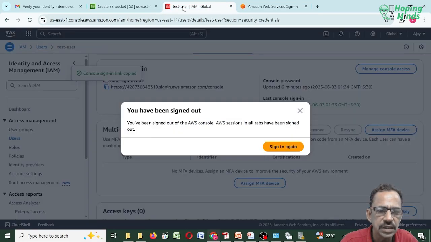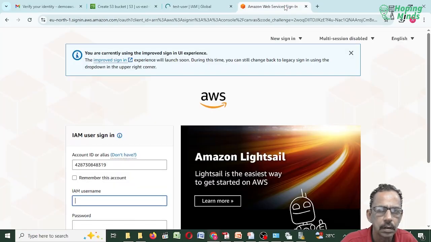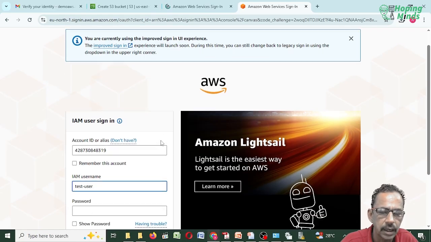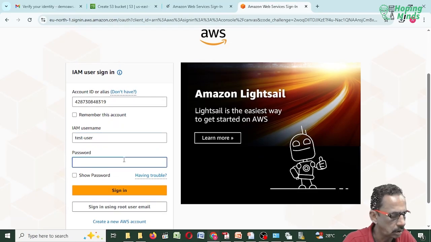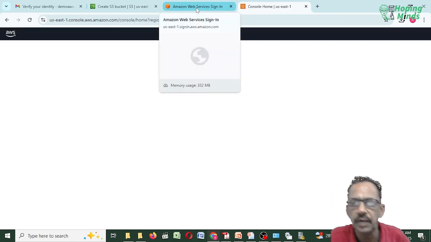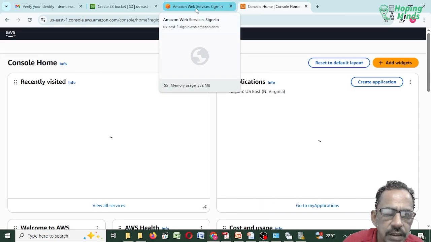What is the user? Test-user. Because I'm working on the same console, that's why I'm getting the error again and again. Means log out. If you log in as test-user, because I have given him the S3 full access.